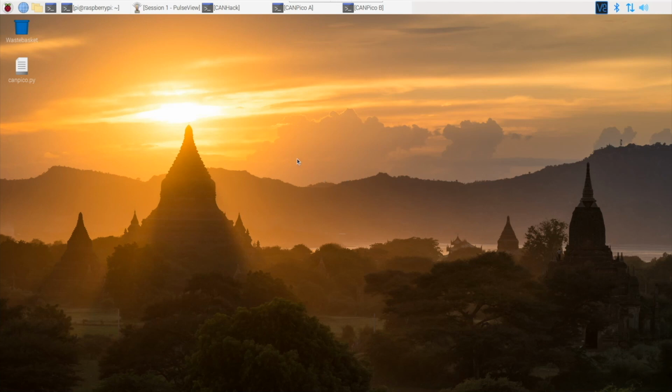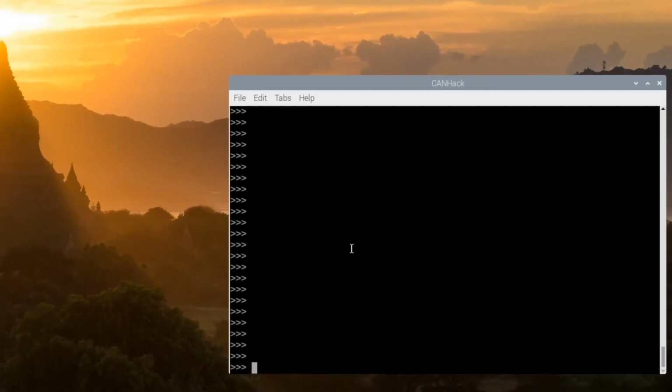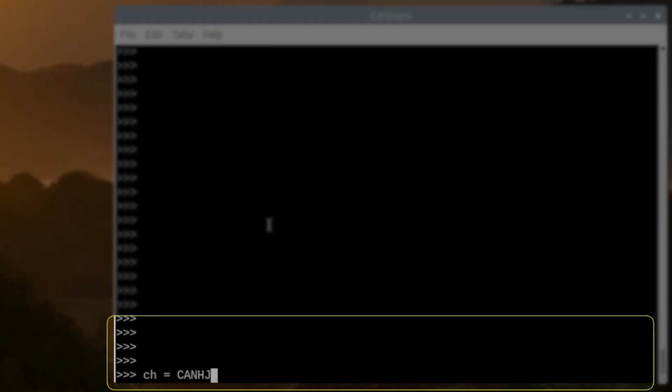This is the Raspberry Pi desktop, and we can start by opening up a window onto the CANHack board, and we can create an instance of the CANHack toolkit, and we can set the details of the CAN frame that we want to send.